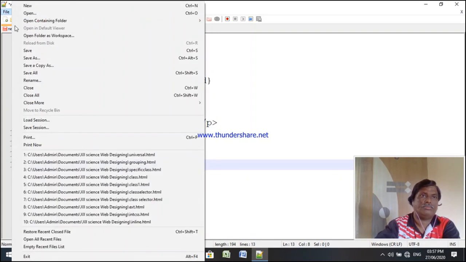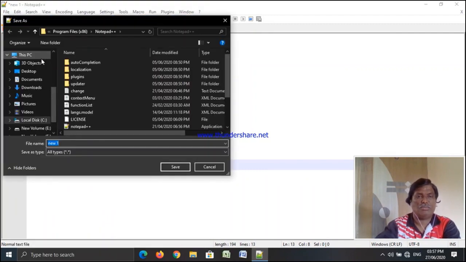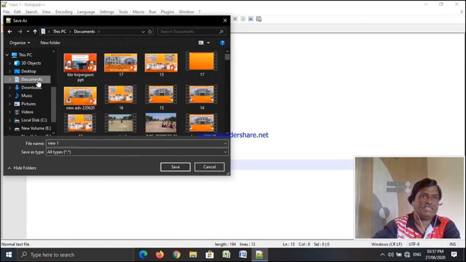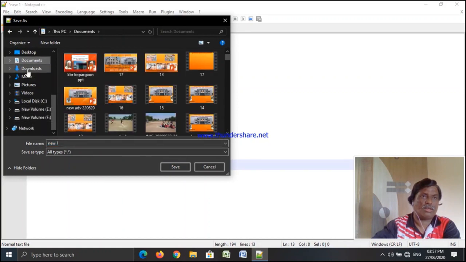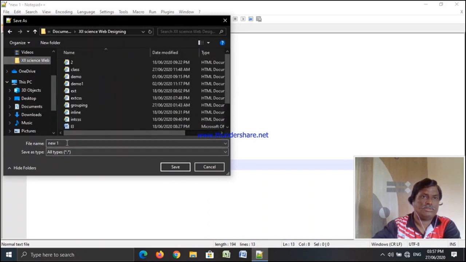Save this program. For saving, give a name to the program. Now we are doing the program on ID selector, so we will name this program idselector.html.